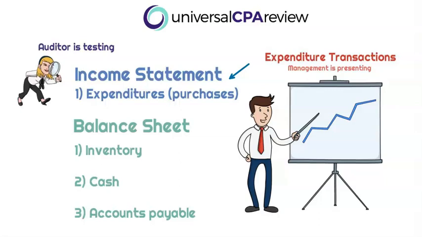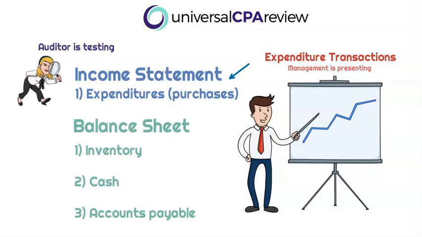When it comes to purchases, this is going to be similar to revenue in that they could be purchases made in exchange for cash or purchases made on credit. Okay, so this could be cash purchases or accounts payable purchases. Right, this wouldn't be a receivable anymore because we are the ones who owe the money. We're the ones buying it on credit. So debt that we need to pay back. So let's go through each assertion one by one and understand the appropriate tests that the auditor would conduct when